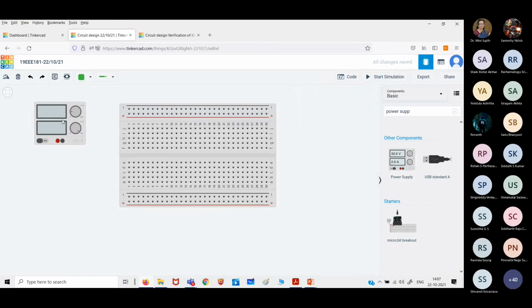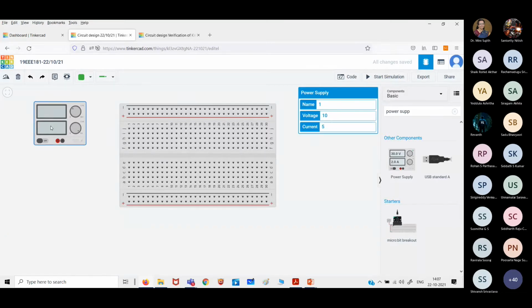Yeah. So now once you click this power supply, it will give you options. It will ask you how much voltage you need, current you need, what name you want to give. If you want to give a name as supply voltage or so, you can definitely proceed with that. But since in our case we require only one power supply, that is why I'm not giving any name. Voltage, it is already mentioned that we have to use 10 volts. So we'll give 10 volts. Current we can leave it as it is.